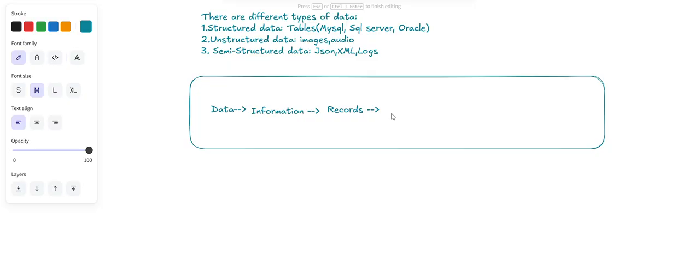The collection of different records is stored into a table, and this table is stored into a database. This database can be of different types, and it is generally stored in a DBMS, and the DBMS which we generally use for storing structured data is nothing but an RDBMS.